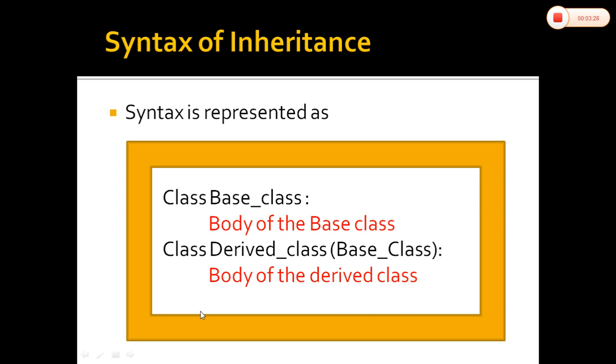Well, further we can go with some best examples wherein we can try to understand it much better. Okay, so as of now, keep in mind this is the syntax we use, where first we write the base class followed by the derived class. In the derived class, we define the base class again, where that particular base class is the one which will help us access the methods and properties of the base class in the derived class.